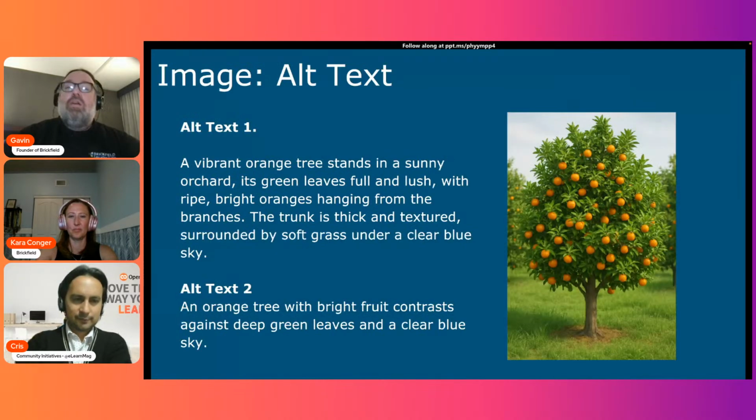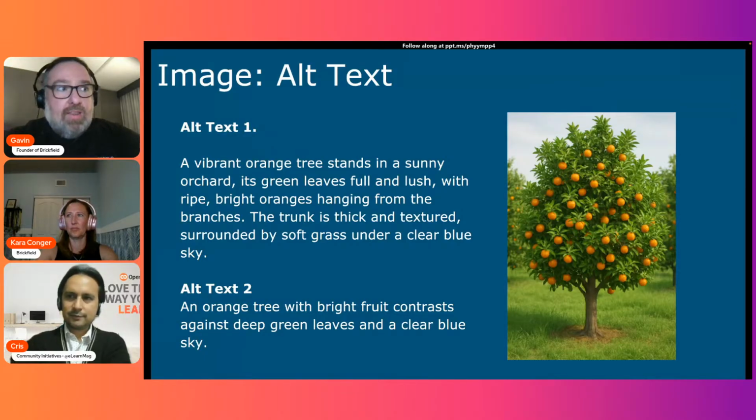So let's have a first one. Well, the first one is alt text for images. When you think about images, you look at this image on the right, and here's two potential alternative texts. For someone who can't see it, this is a text description of that image. However, the really important thing here is an image doesn't have one description. That might seem a little bit odd. Well, it's all about the context.